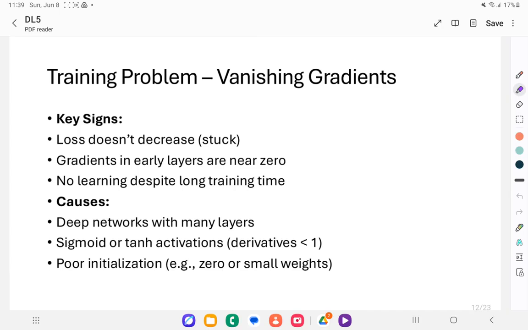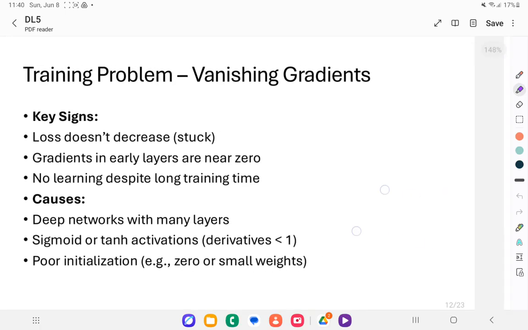disappears, becomes zero. As a result, all early layers in the network stop learning, as they are barely getting any signal back. You'll notice that the loss barely changes across epochs, and sometimes the model outputs get stuck or remain uninformative. To fix vanishing gradients, we use ReLU activations, which do not shrink the gradients in their active regions. You can also use better initializations like the He initialization, and applying batch normalization helps to